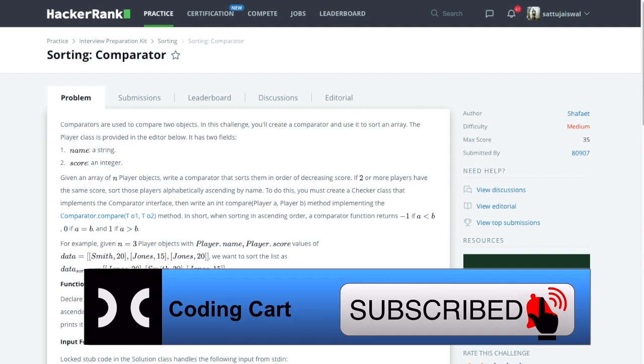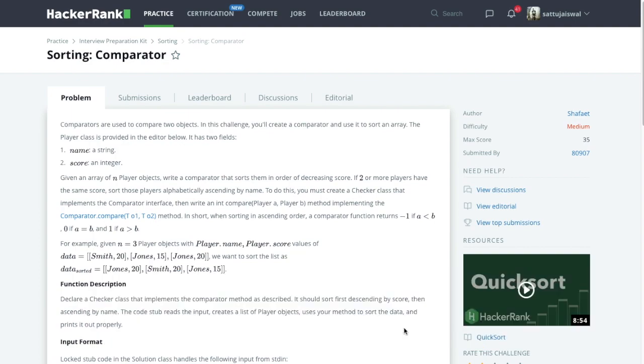So in this session we will try to solve one HackerRank problem. The problem is related to sorting. So let me first explain this problem in a simple way. In the problem they are saying that they will be providing a few player details. Suppose there are 3 players. The details are a name and a score. Suppose I am taking the player name as X whose score is 90. One player name is Y whose score is 100. And suppose one player P whose score is 90. So the problem is we have to sort these players on the basis of their score in decreasing order.